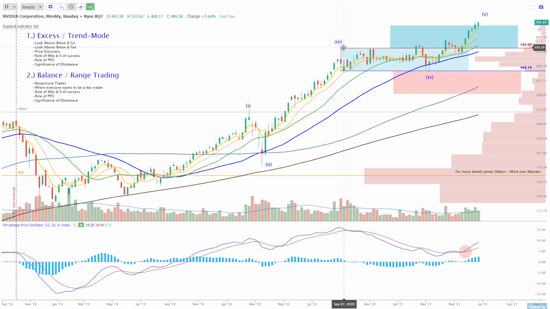The look above and go, the look below and fail, right here, the look above and go, the look above and fail. So you've got a whole bunch of scenarios here. Now, when you're in balance, which is the second area, the question is how do we trade and make money